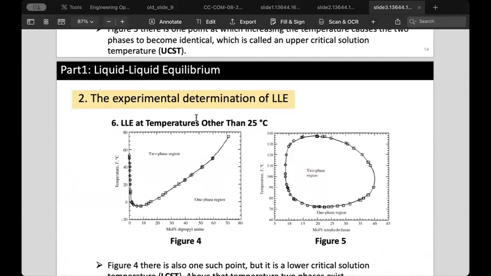And you see that we can induce the composition in each phase by just changing the temperature, right? We have information regarding the liquid-liquid equilibrium. And if you want to induce a new phase with different concentration, of course, you just manipulate the temperature, okay? And this one, figure 4,